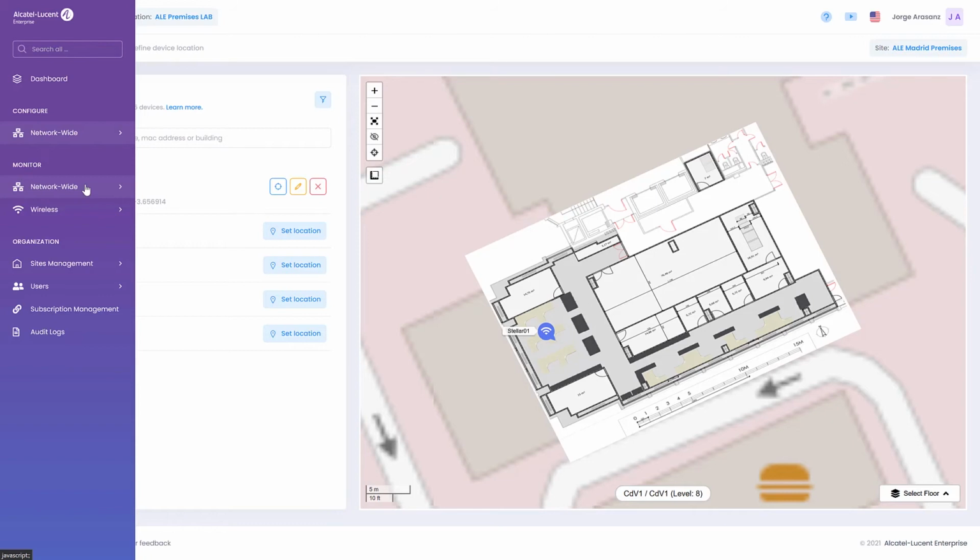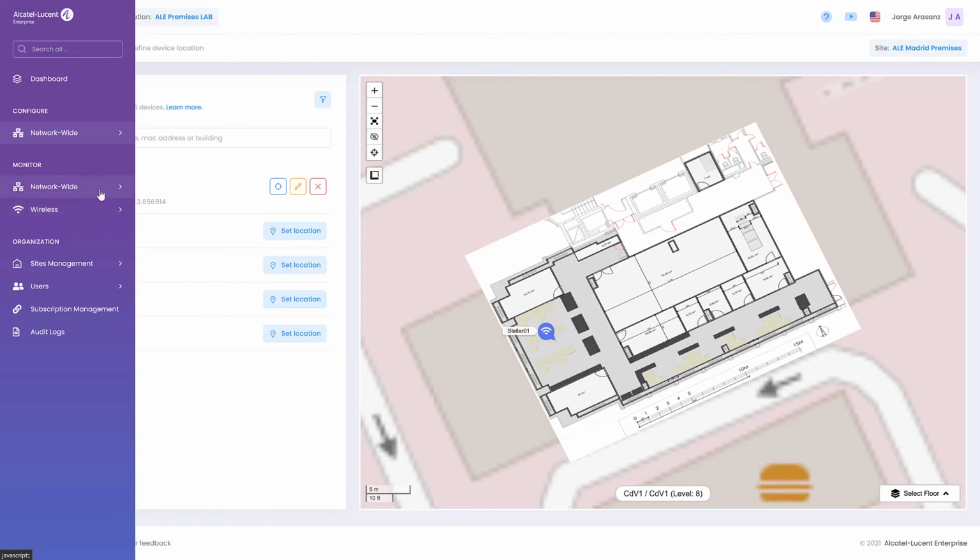The first is the network; we are going to monitor the status of the network. The other is the wireless, where we are going to monitor what clients are doing, what URLs they are visiting, what traffic they are placing in the network, where they have been connected, these kinds of things. So we have two possibilities now.